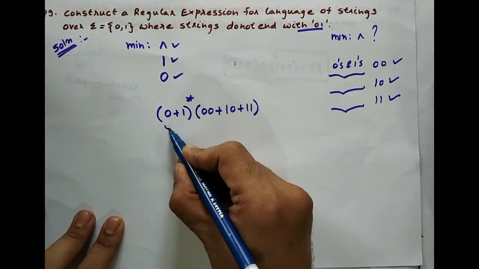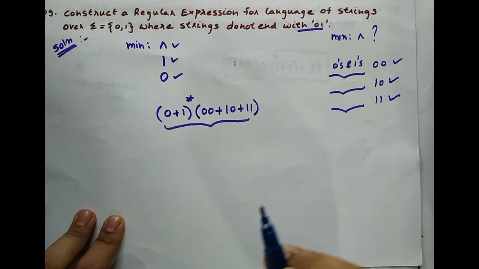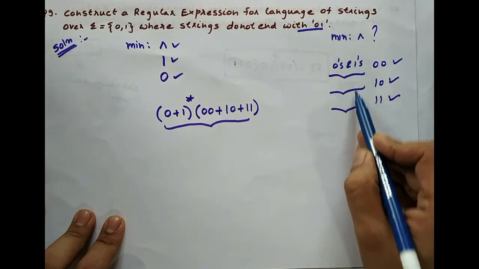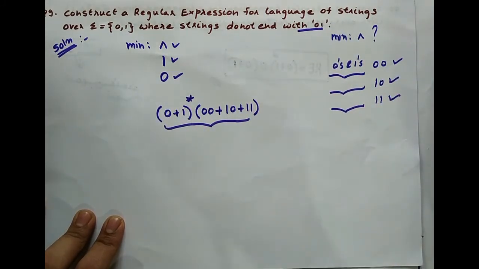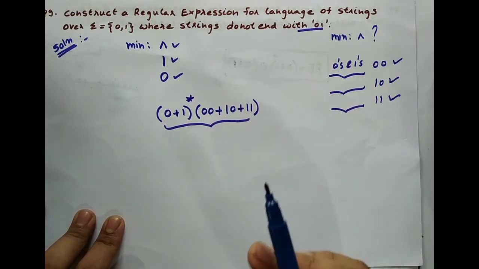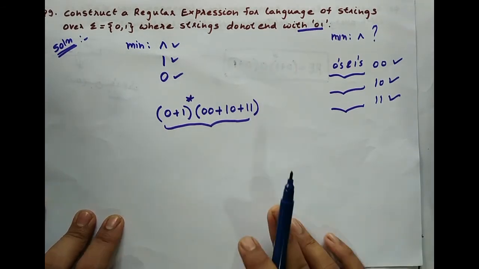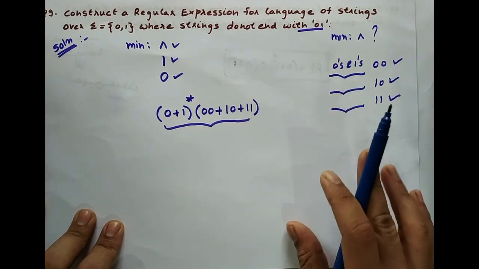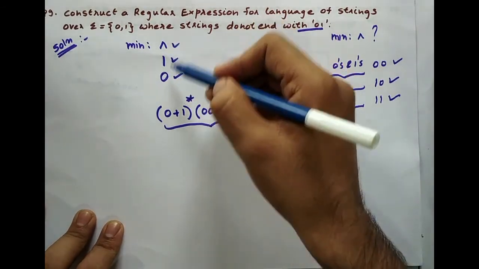So this is the regular expression for the strings that do not end with 01, and such strings are not of length 1 but of more than 1 length. So such strings are the strings whose length is more than 1, say 2, 3, 4, and till infinity, right? So we have taken care of the higher length strings. Now what about the single length strings? These are also valid, no?